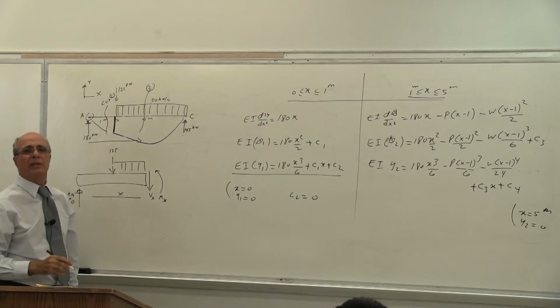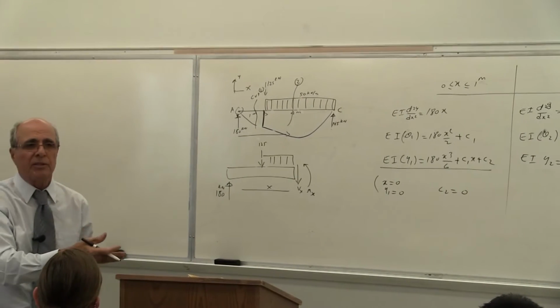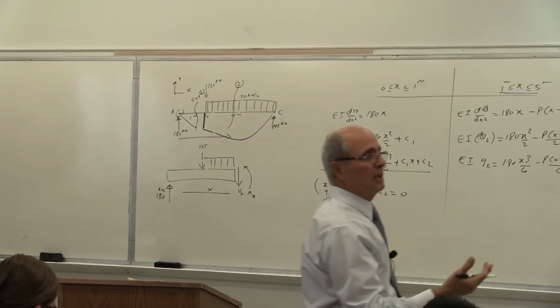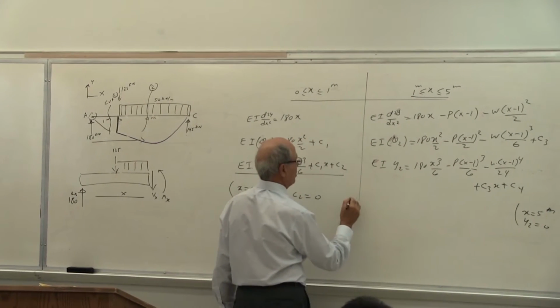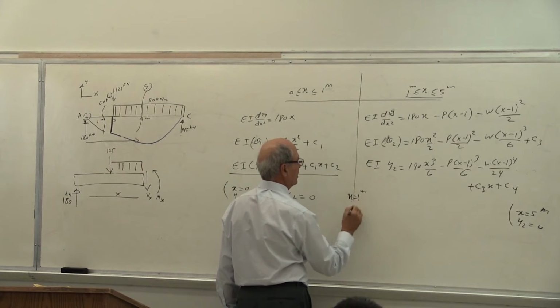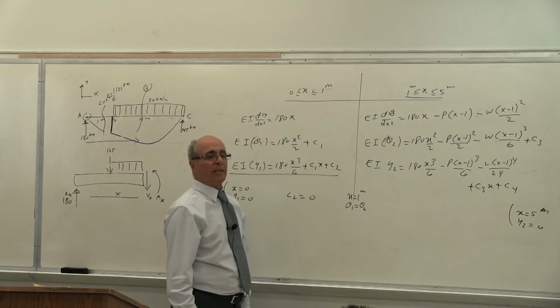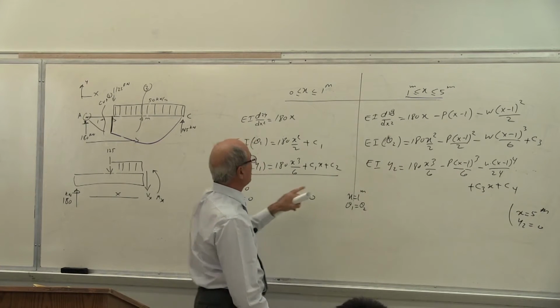How about that point? At that point, theta 1 equals theta 2, y1 equals y2. And if you use this method, this thing becomes a little bit simpler. So in between the two, this is the borderline. At X equal to 1 meter, you should write theta 1 equal to theta 2. Now, if you expand it, you get into lots of math. If you don't expand it, look what happens here.